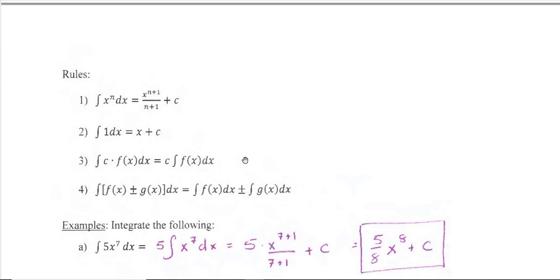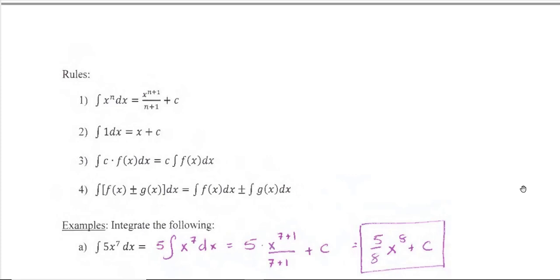And we also have a sum and difference rule, which says if you want to take the integral of functions of x being added or subtracted, you can take the integral of each of those functions and add and subtract as you go along. So let's look at this one, the integral of 5x to the 7th. That 5 is a coefficient. This rule number 3 right here says I can pull that coefficient out, and then we'll take 5 times the integral of x to the 7th with respect to x. So that'll be 5 times x to the 7 plus 1 over 7 plus 1 plus c. 7 plus 1 is 8, so that turns out to a nice final answer of 5/8 x to the 8th